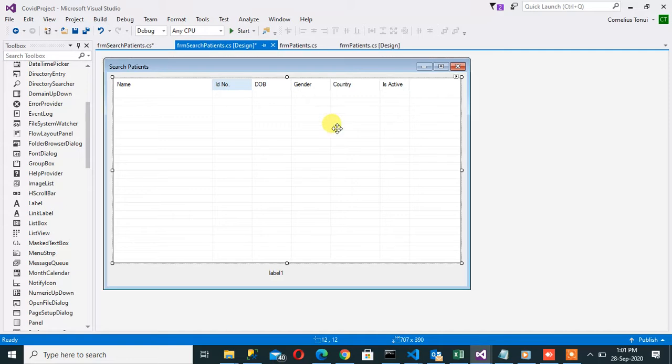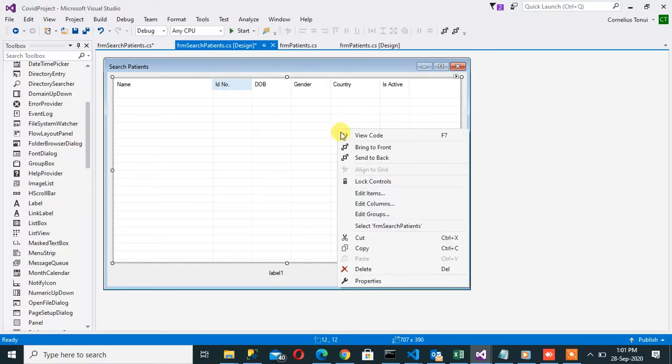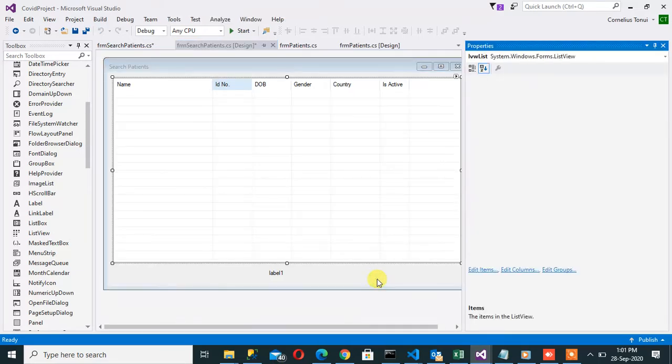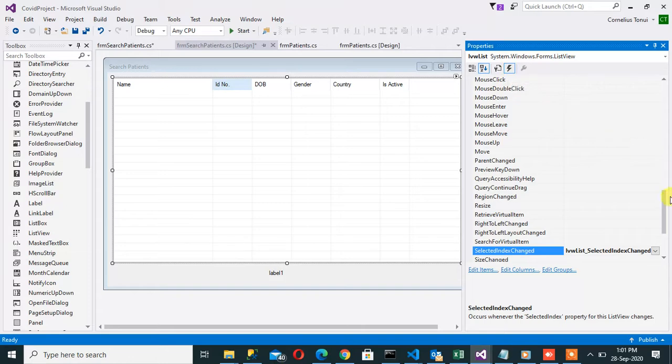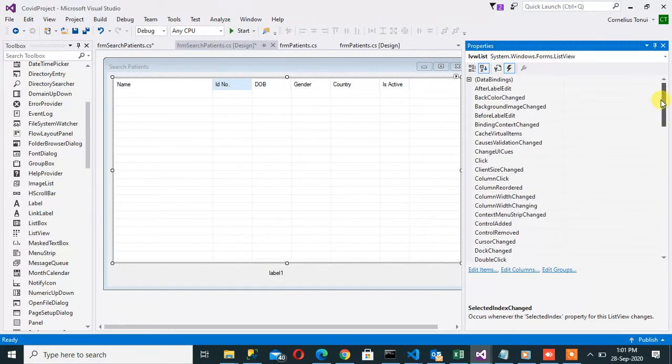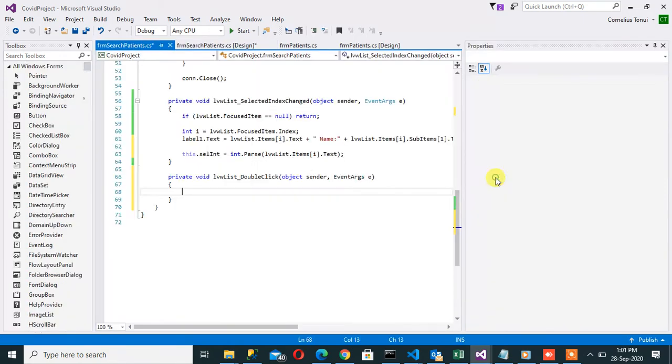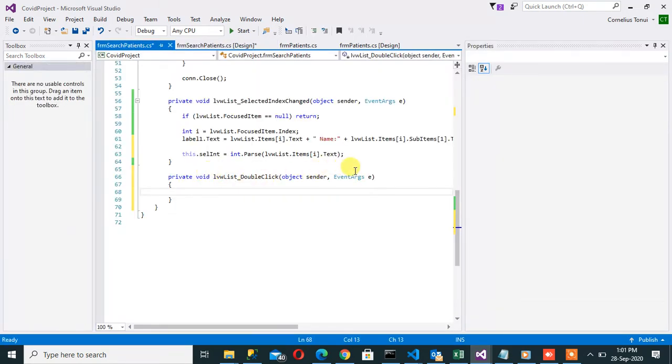So I can come here, right click on the list view and go to the properties, and I come here to the events and look for a double click event. So double click is here. I'll also double click on that double click event to give me that event, and I simply type this dot close. So it means close the form